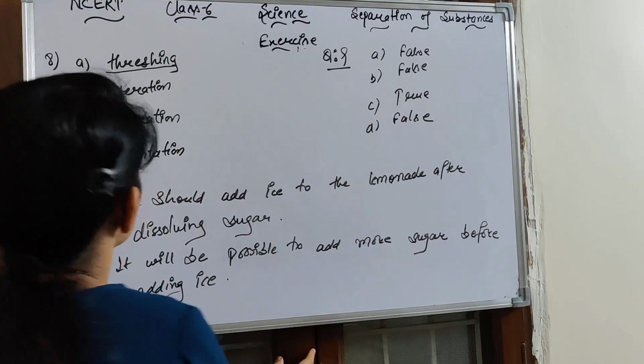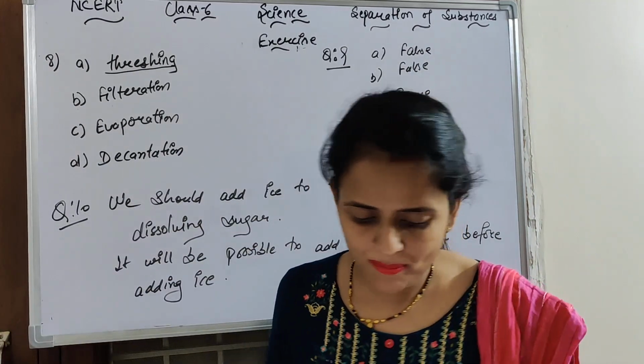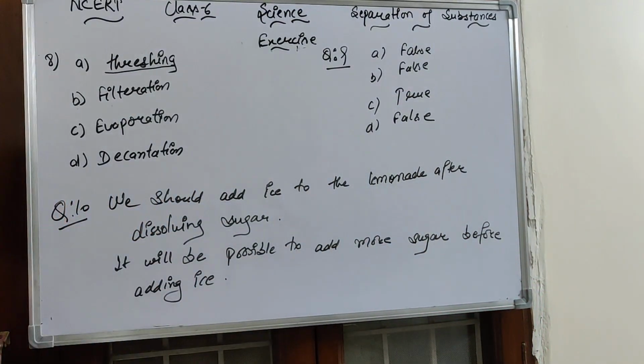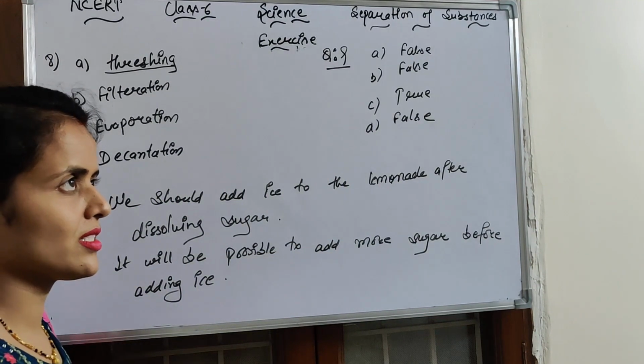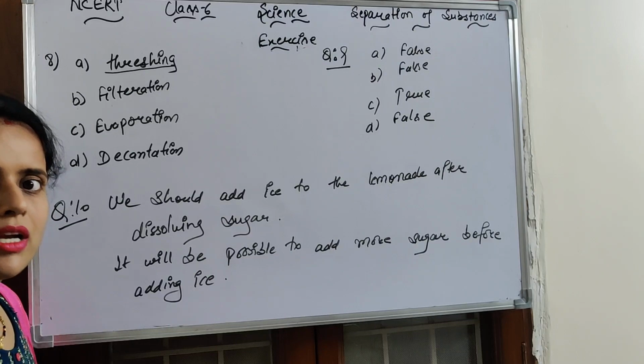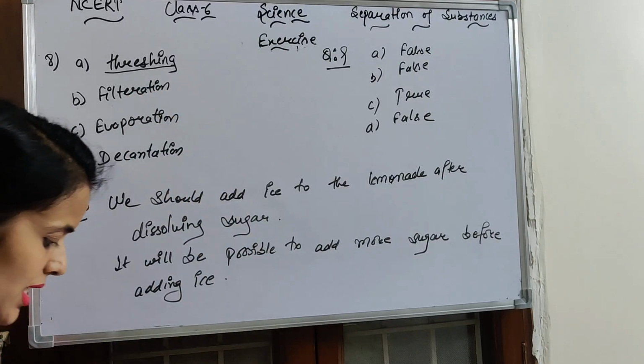Fill in the blanks. First part: the method of separating seeds of paddy from its stalk is known as threshing. In the field, when farmers make bundles of wheat, or you can say paddy, what method is used there to remove the food grains from these bundles? Threshing. So the answer is threshing.